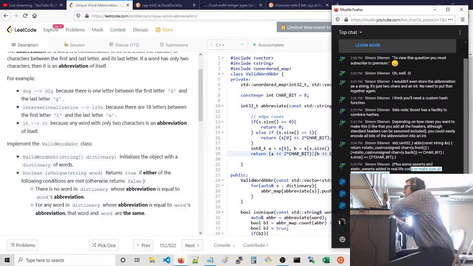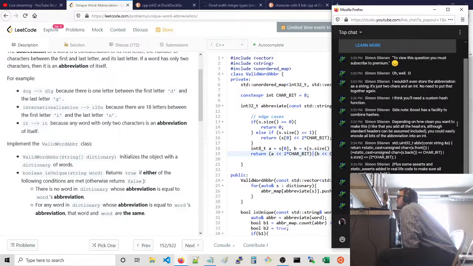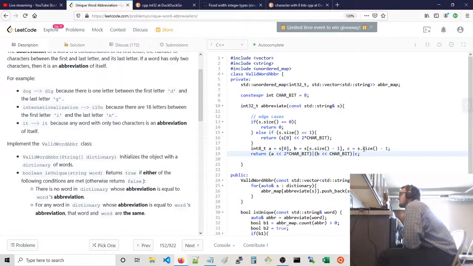What do we have? static_cast of s.front() to unsigned char, or static_cast unsigned char back, front, back, and finally the size. Yeah, and I guess the abbreviations don't even matter to the mapping, because you don't need to subtract 2. You really don't even need to do that either, because